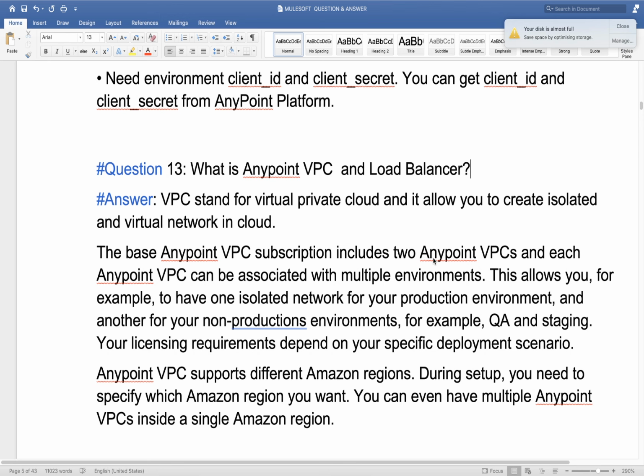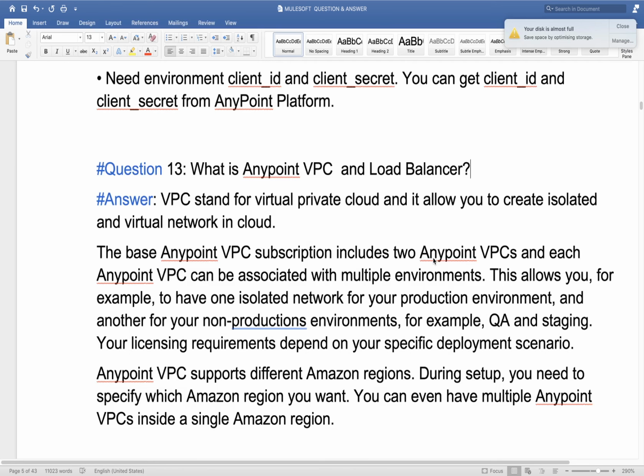Anyhow, MuleSoft will provide you very good flexibility. Your API should not face this kind of problem, but there may be a possibility. So to avoid that kind of problem, you can take a license for DLB and configure your private load balancer, that is the dedicated load balancer, and that load balancer will be used only for your application.